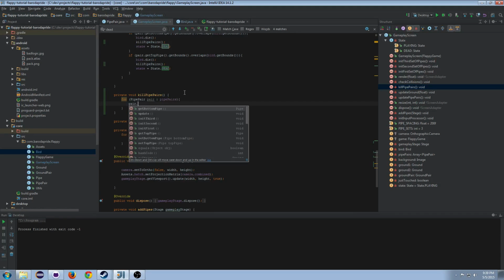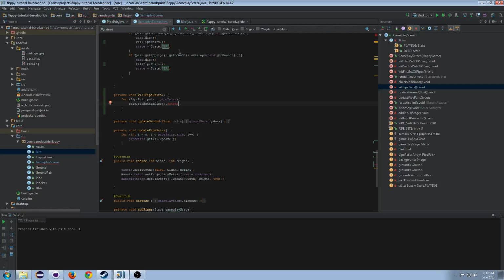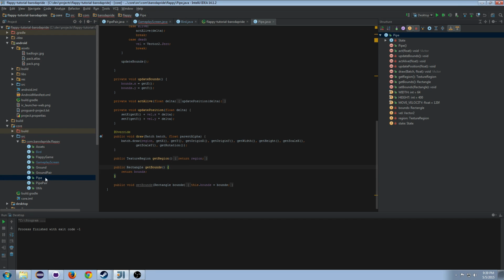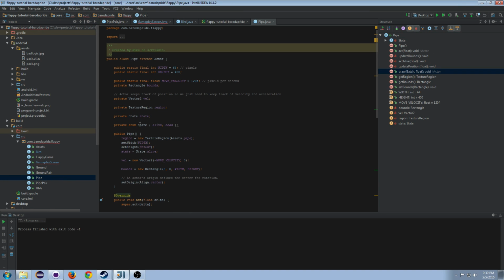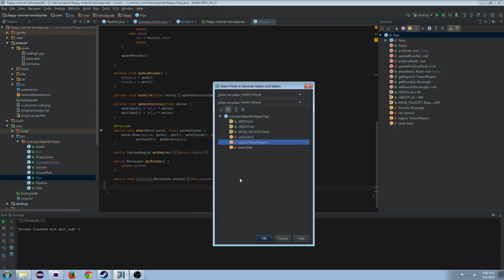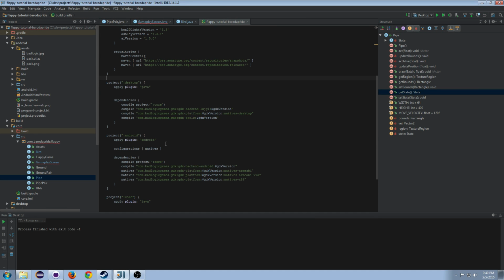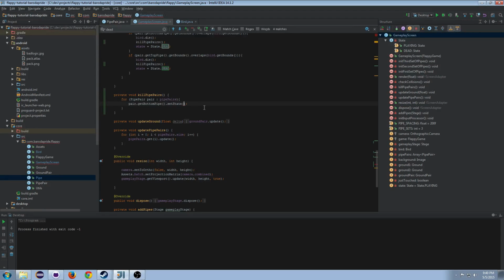We need to get the bottom one and set state. I think we need a state for our pipe, so let's go to pipe here. Oh, we do have a state. I need to make a getter and setter for that state. Back here. So now we can get the state, or set the state